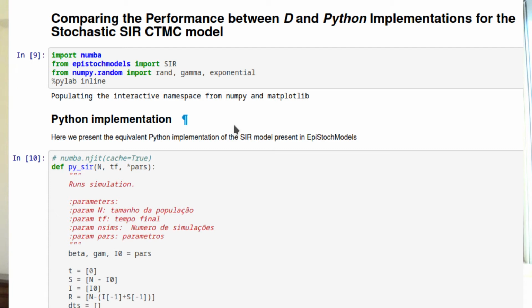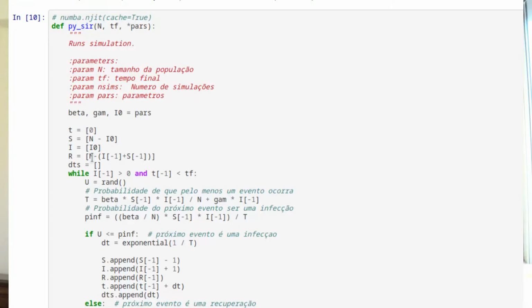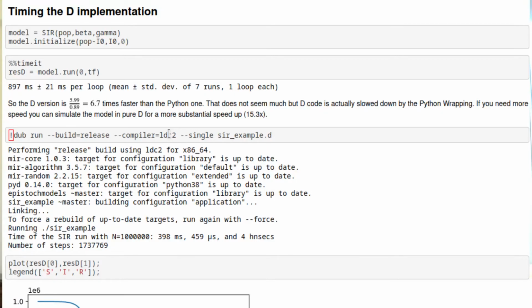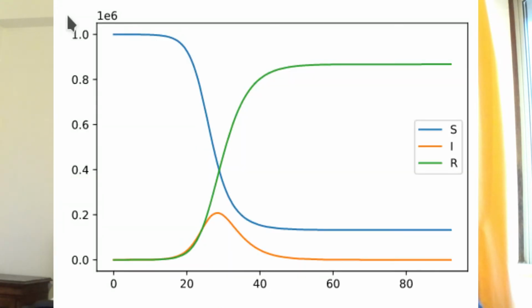So if we look at the first code that we see in this new notebook here, we see first a pure Python implementation of the stochastic SIR model, which takes about 6 seconds to run. If we compare this with the D-wrapped function, it's much faster. I should point out that when we plot the results of this model run with a population of 1 million as it is simulated here, it doesn't seem really stochastic. But that's because